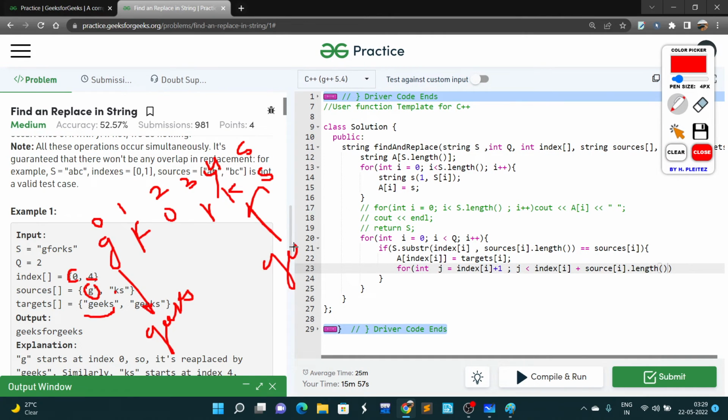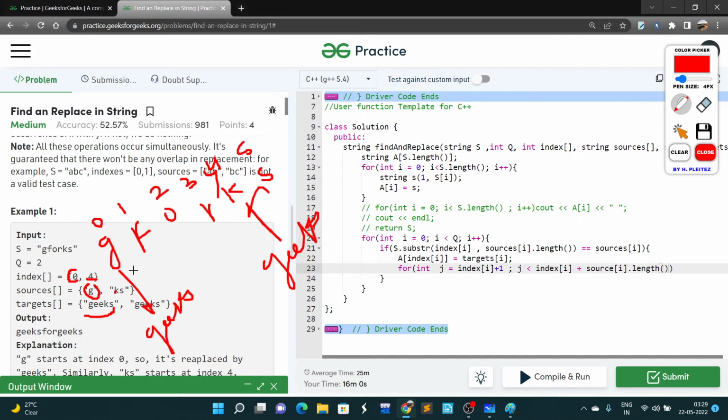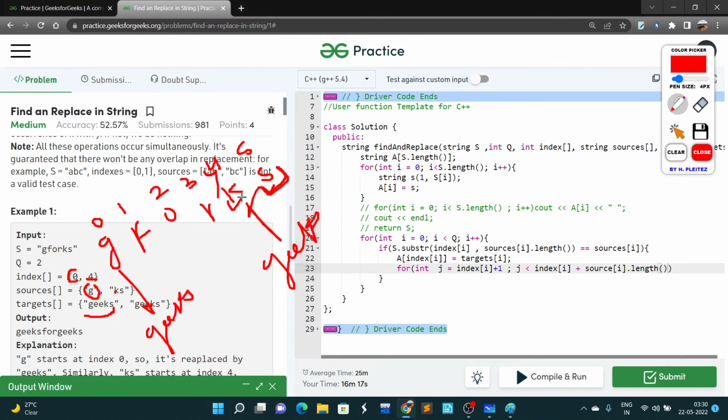Now at the end we will have to add all these elements, but this s will be extra, so we have to remove it, or we can convert the common element to a dot. Okay, so what we will do, from index plus 1,